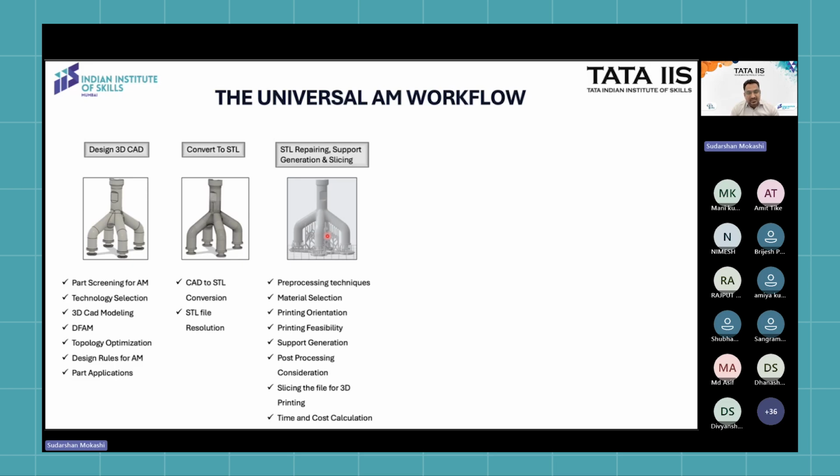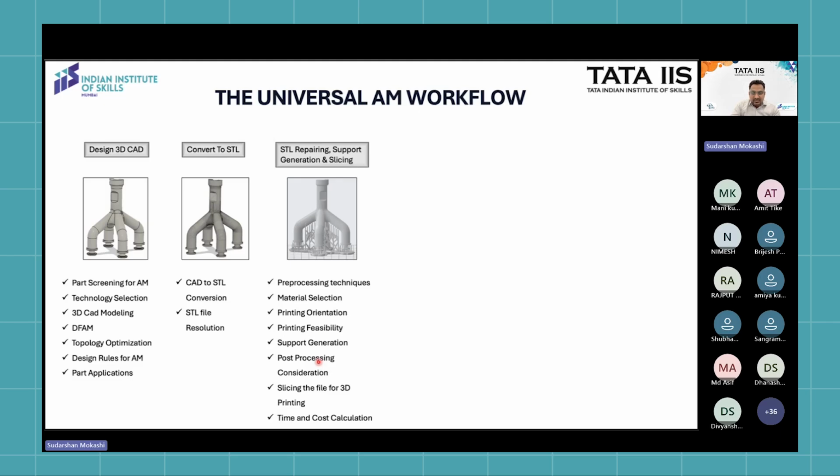In this image, you see some support structures and this is the part. In this process, we do the feasibility of the part. In feasibility, we consider the orientation, the support structures, and the functional area, the important surfaces, where we try to avoid the support structures because some surfaces require a high surface finish. According to that, we orient the part, then create support structures, and set the layer